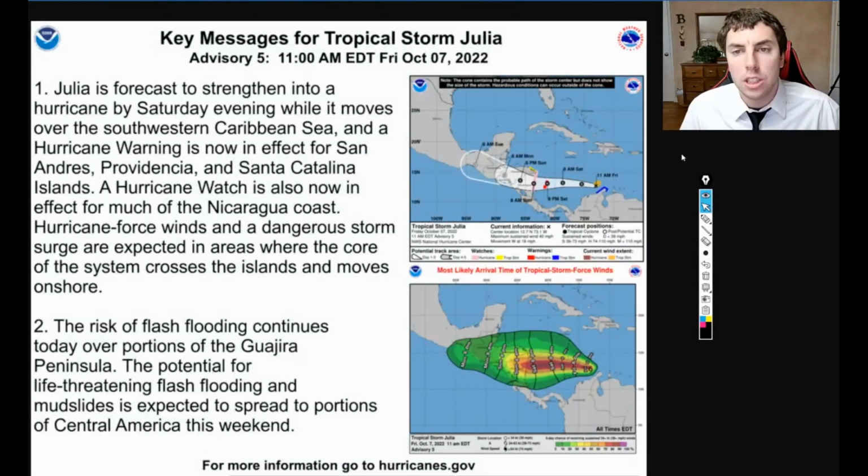Our key messages for Julia are pretty much straightforward. Julia is expected to strengthen into a hurricane by Saturday evening while it moves over the southwestern Caribbean Sea, and a hurricane warning is now in effect for San Andres and Santa Catalina Islands. A hurricane watch is now in effect for much of the Nicaragua coast. Hurricane force winds and a dangerous storm surge are expected in areas where the core of the system crosses the islands and moves ashore. The risk of flash flooding continues today over portions of the